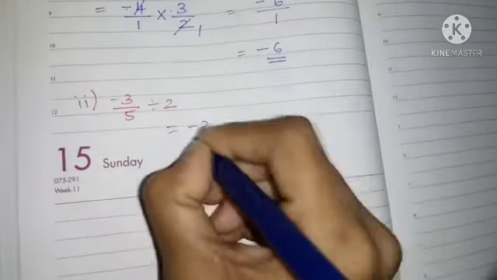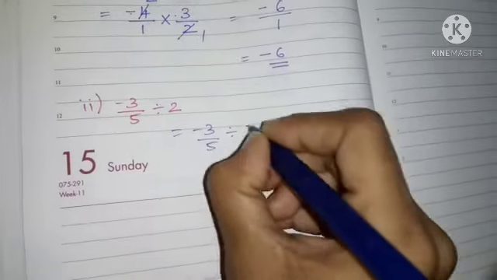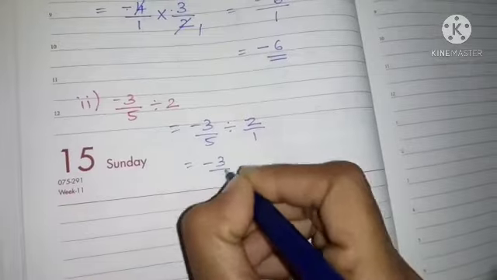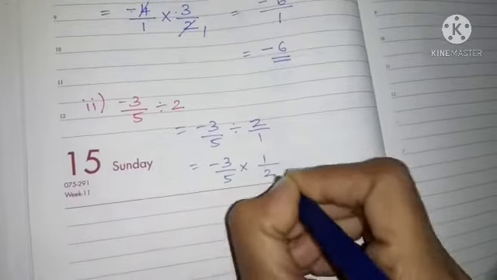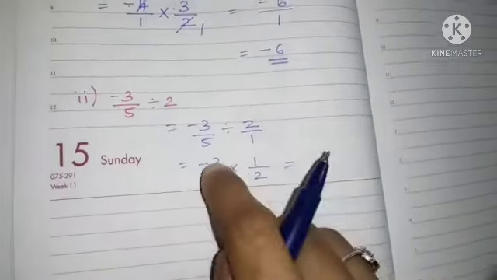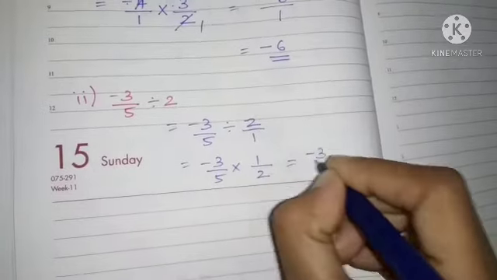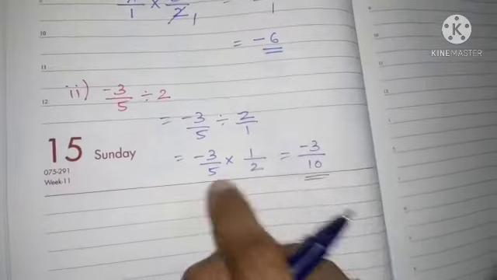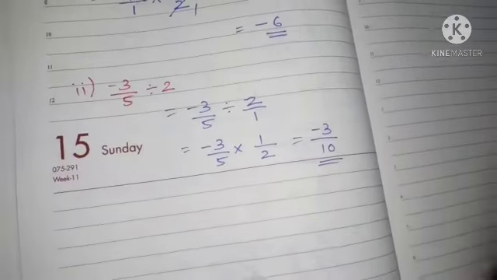Minus 3 by 5 division 2 by 1. 2 is nothing but 2 by 1. So minus 3 by 5 into 1 by 2. Minus 3 into 1, minus 3. 5 2s are 10. Next,